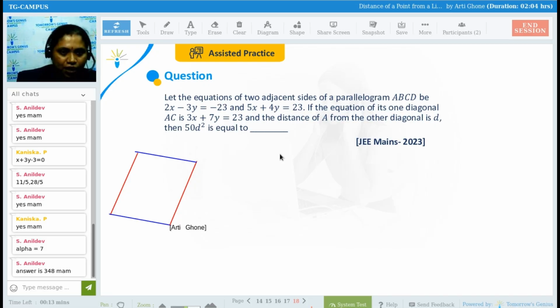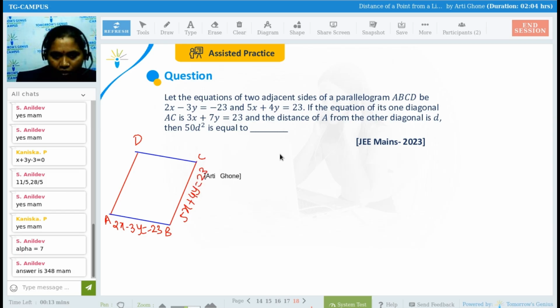So the equation of AB is given, 2x minus 3y is equal to minus 23. BC equation is given, 5x plus 4y is equal to 23. If the equation of one of its diagonals AC is also given,